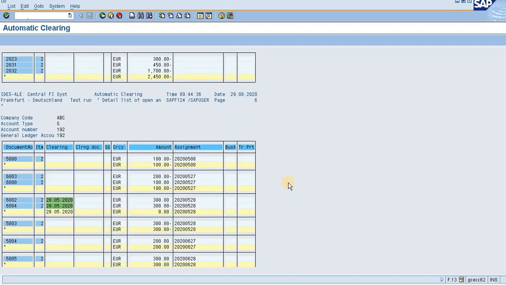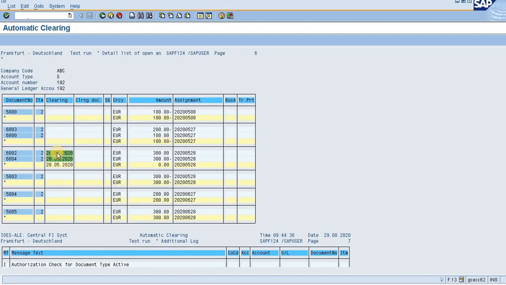see here SAP is suggesting what all you can clear, and see these two are coming in green, means these are ready to be cleared. Now the question may arise, see 300 is plus, 300 is minus, means in document number 6002, item number 2, means GL number 2, has a 300 debit balance, and the same item is having a credit balance with the same amount in document number 6004.